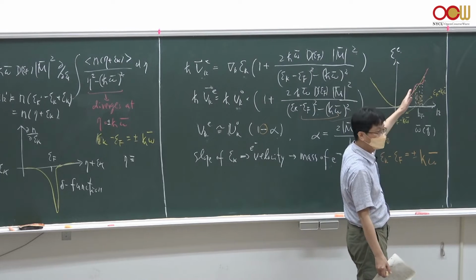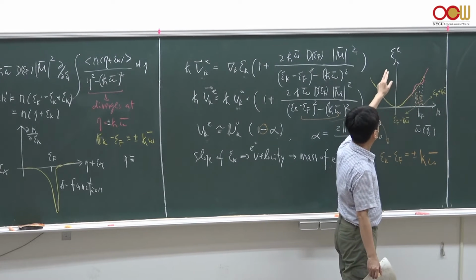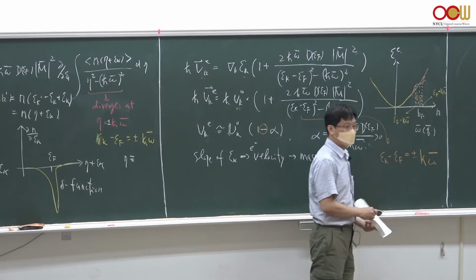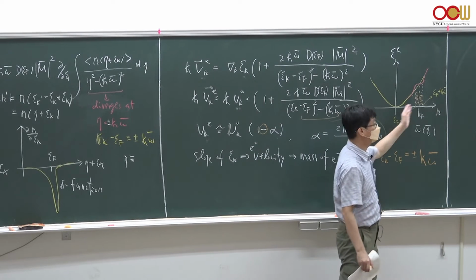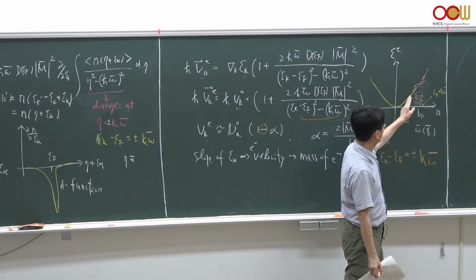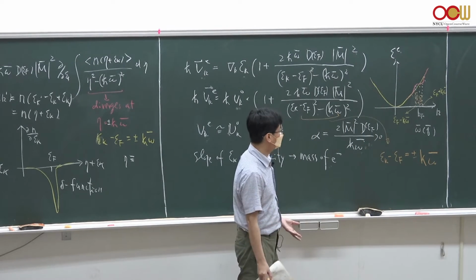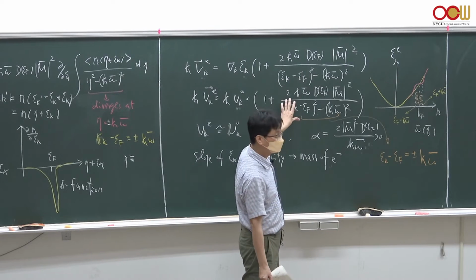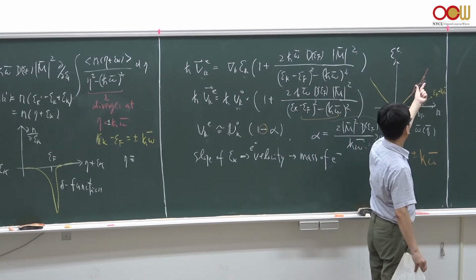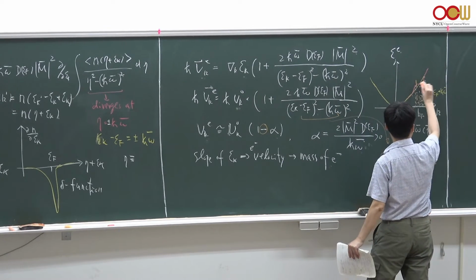You can see what I mean by this divergence of the electron-phonon contributions to the electron dispersion. So the yellow curve is the free electron dispersion, a perfect parabola, quadratic dispersion. But the red curve is the new, or modified, electron dispersion by including the electron-phonon interaction. So you can see very clearly that there are two singular points right here and here,